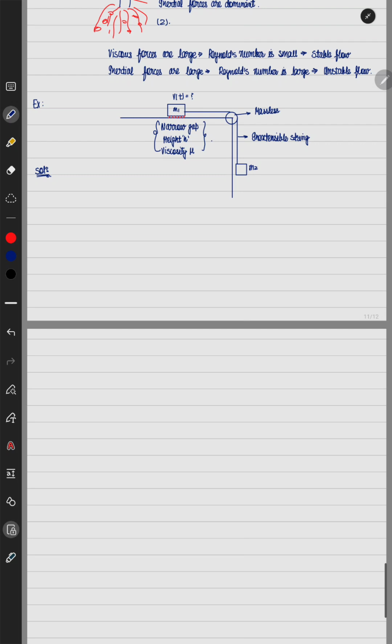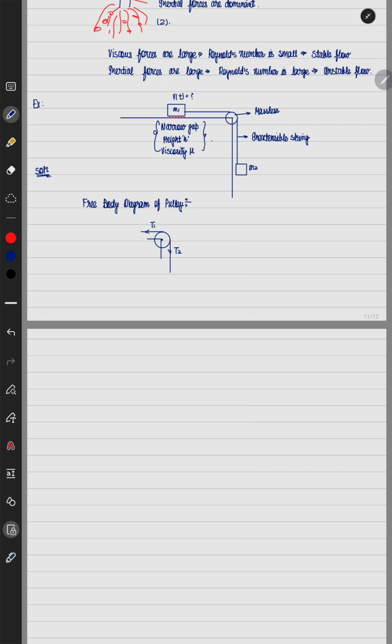So there are different kinds of forces which are acting on mass m1, m2 and the pulley. So let us try to draw the free body diagram of the pulley. Let us start with the pulley. On the pulley we have one string attached like this, the other string is attached like this, and suppose the tension here is T1 and the tension in this string is T2. This is attached to the